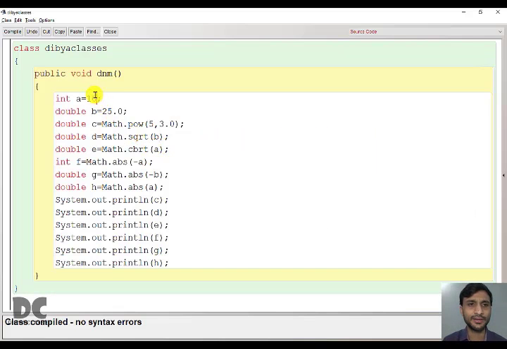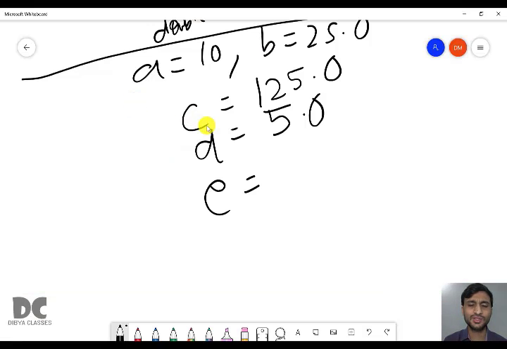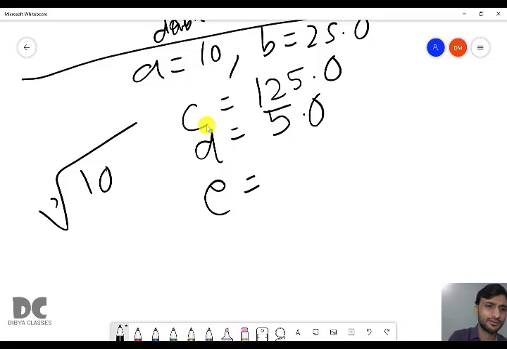Similarly, next we will find E. Cube root of A. Okay. So what is the cube root of 10? We actually don't know. So how to solve this type of question? This will come in decimal. This will come as something in decimal. Just don't write the decimal part. We'll calculate the approximate integer now. So let us solve like this.